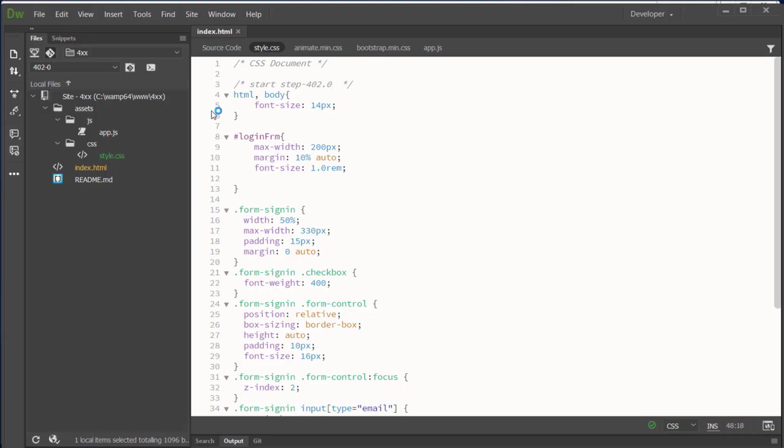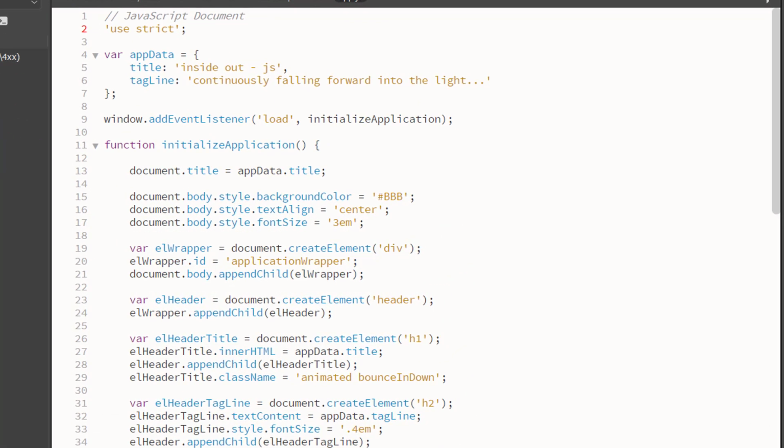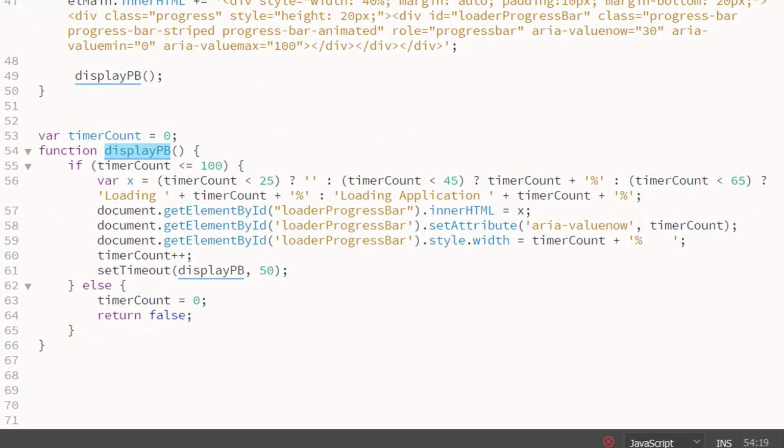So at this point, we've gone ahead and we've connected our style sheet. And so the next thing that we want to do is start working on our application itself, on the JavaScript inside it. We're not going to add too much. What we are going to do, though, is look in our displayPB function, right? So that's our display progress bar function, and we want to be able to call that at any time throughout the application whenever we're working on things. And then we're going to create a new function, and this new function is going to be called